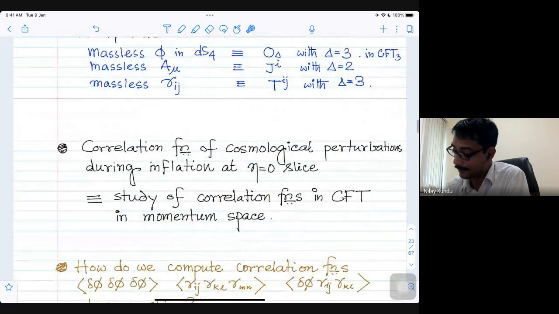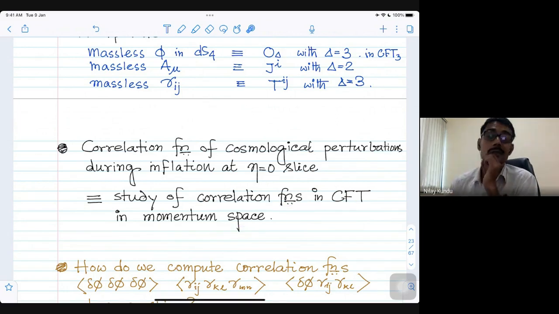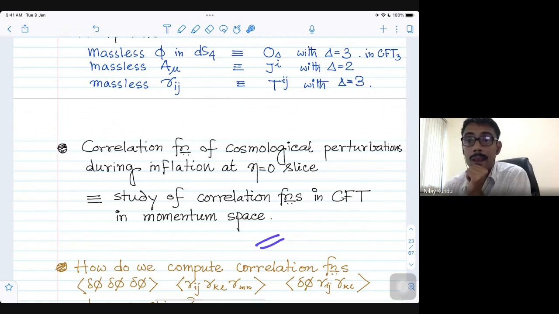So that brings us to this realization that correlation functions of cosmological perturbations during inflation at the eta equals 0 slice can be studied by using correlation functions in CFT in momentum space. Okay, so